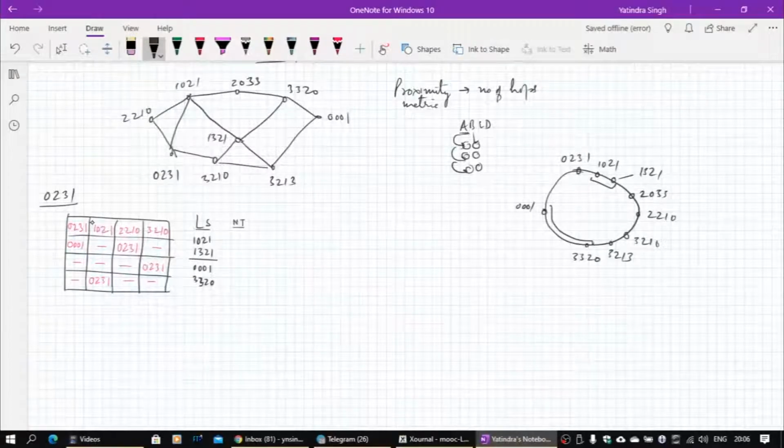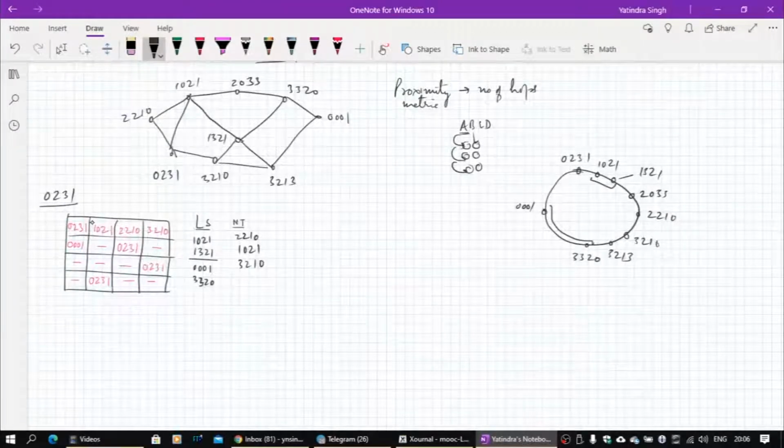0, 2, 3, 1 actually has one neighbor which is 2, 2, 1, 0. Obviously you have 1, 0, 2, 1. You have 3, 2, 1, 0. Okay, so there is no entry with 0, so I have to just find out which one is closer. So 1, 2 and 3 have been done. So the next entry can be this, this or this.